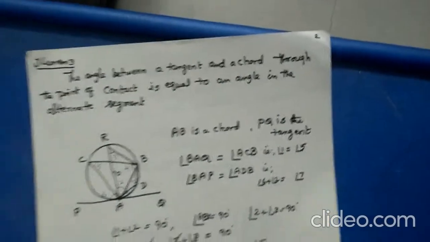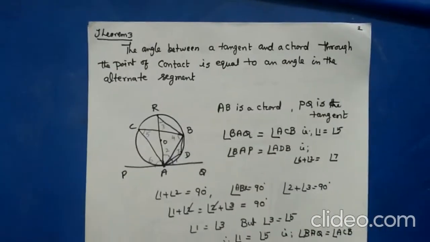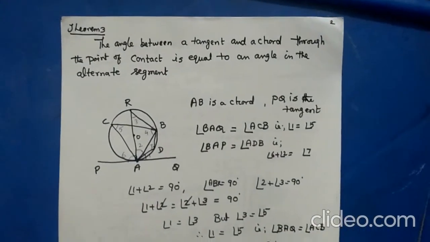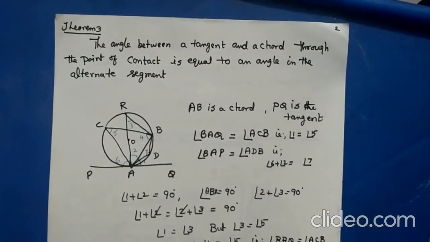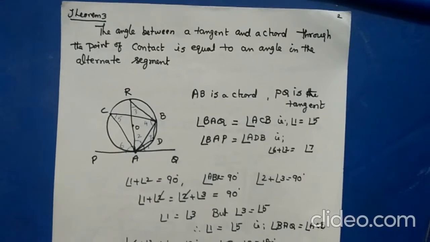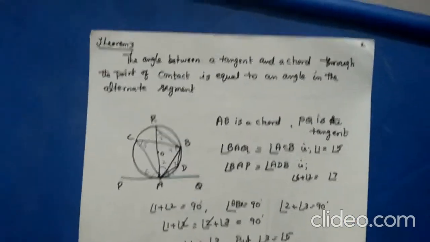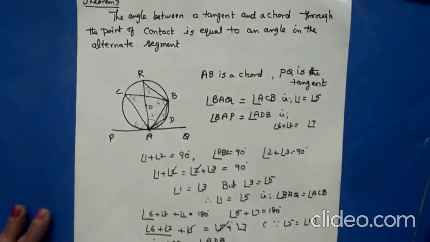Now, next theorem number 3. In between, the theorems in the books are not in the syllabus, students. Only the few theorems are there. Okay, this is another theorem. Another theorem, the tangent touching internally or externally. That theorem also is not there. PA into PB is equal to PC into PD is not there. And PA into PB is equal to PT squared is also not there. Only the next theorem number 3.